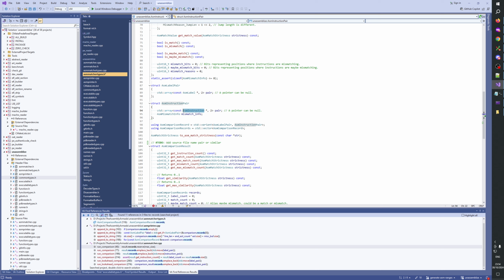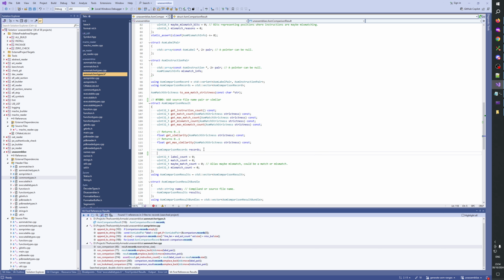Like, if the function object was destroyed, then this would dangle already. So here we can have a pointer